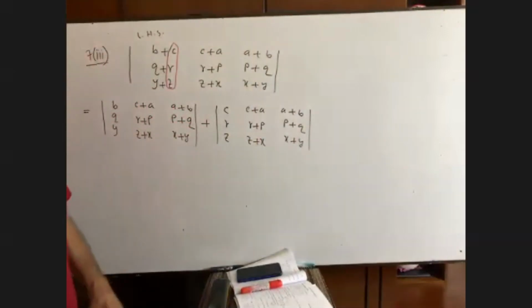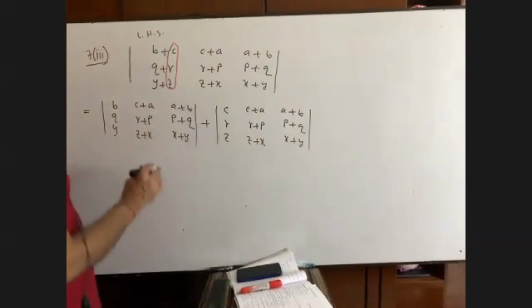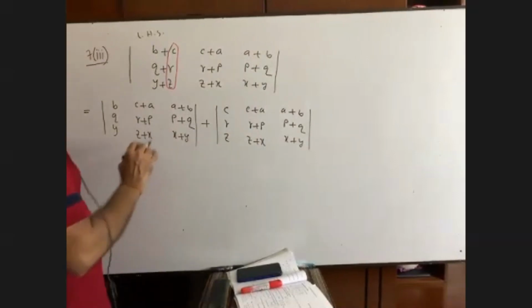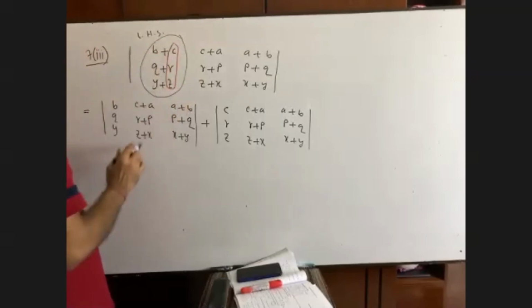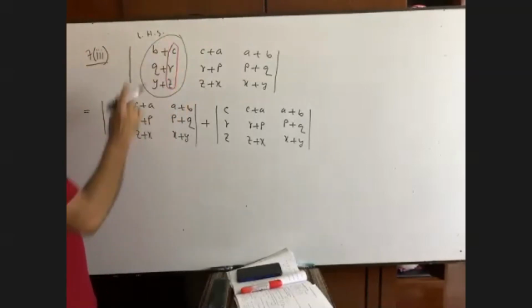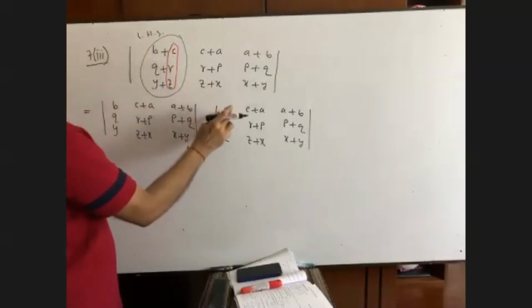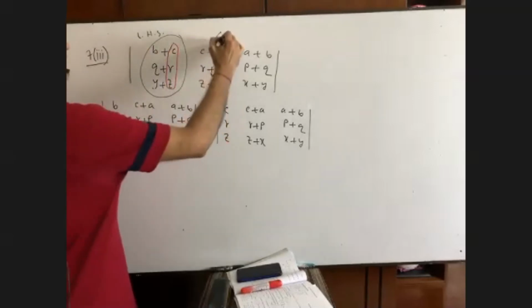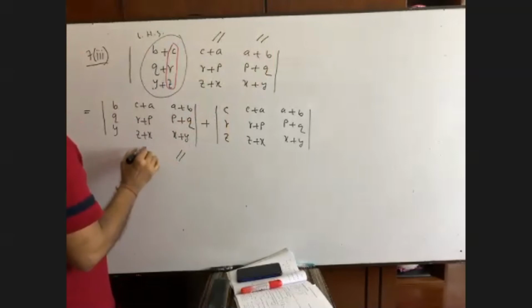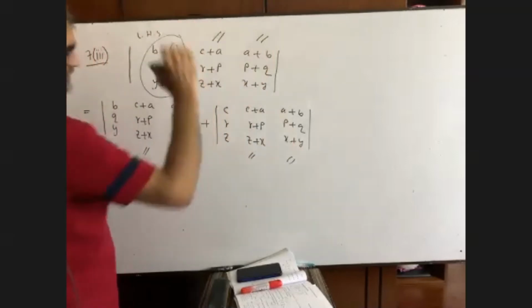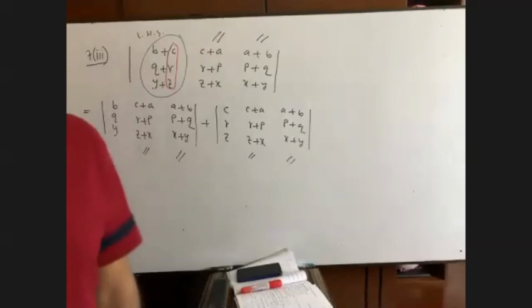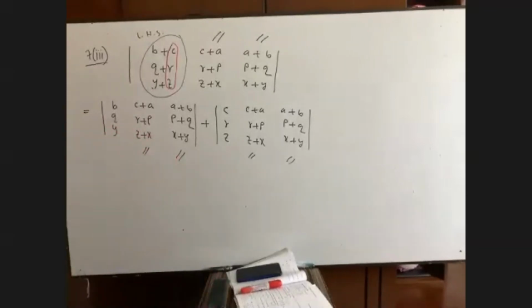Talk to me where you have failed to understand, please. Then afterwards you will tell me, sir, I have not got it, or it was hard. I am going to have functioning only on the first column. Here we have got two parts, BQY and the other part CRZ, and the other two columns have been kept as it is in both the parts. Okay?